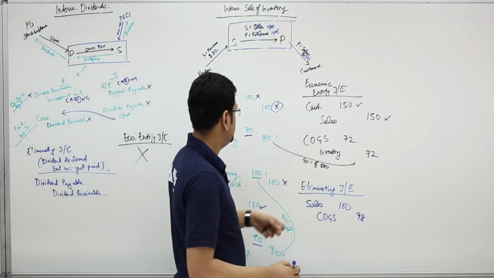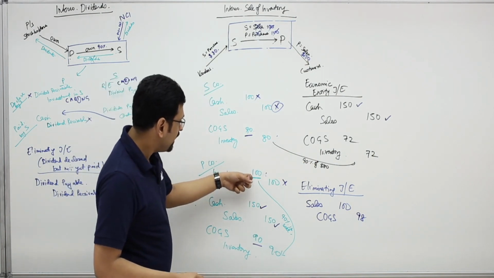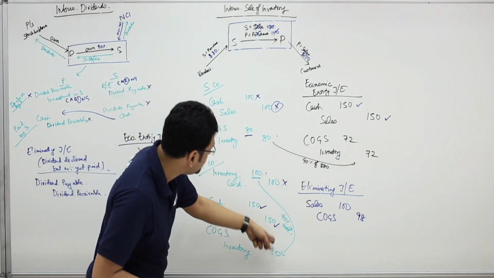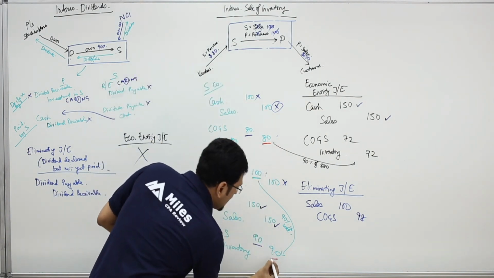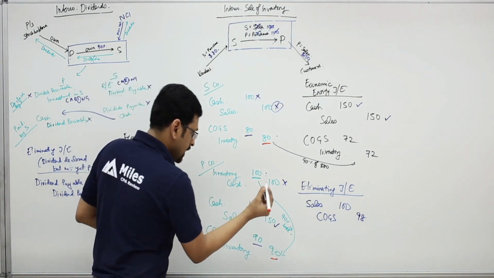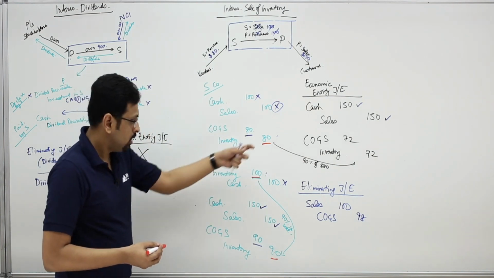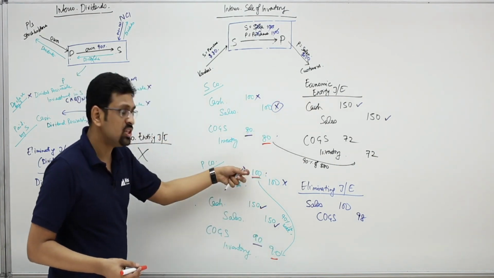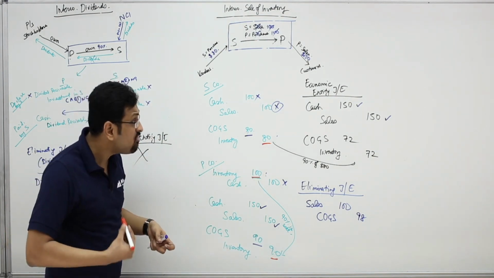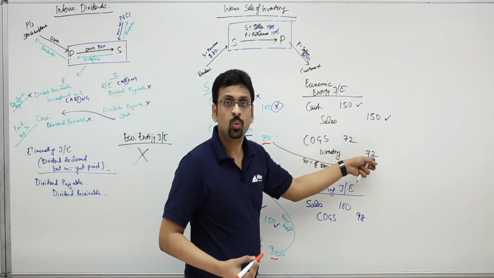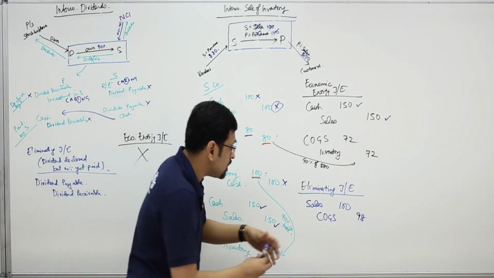Now let's look at inventory. Inventory, it's come in 100, debit 100 here, and the credit to inventory is 90 plus 80. So if I use the red pen for inventory, this is 80 and 90. 170 credit, debit is 100. The net credit to inventory is 70. 90 plus 80 is 170, minus this 100 debit, 70 credit. How much should inventory have been credited? 72. So you need to credit inventory further by $2. So that becomes a part of your